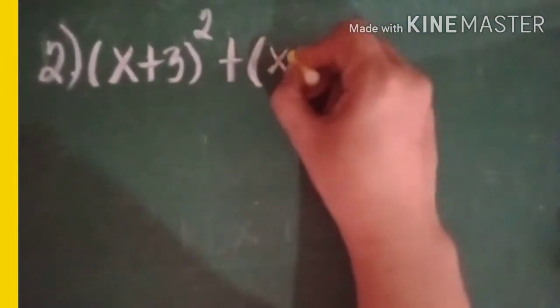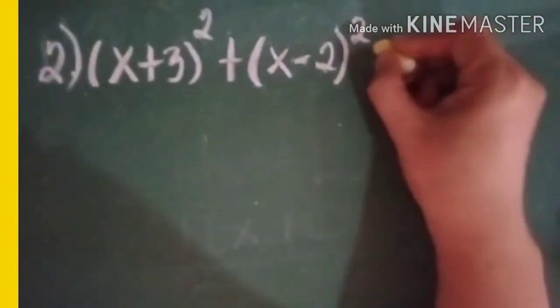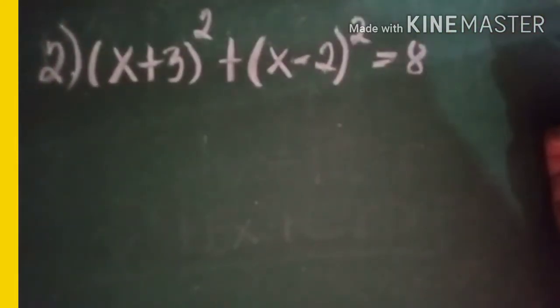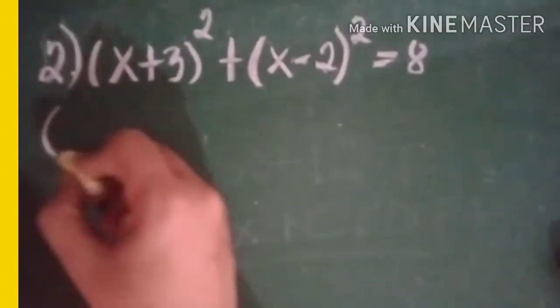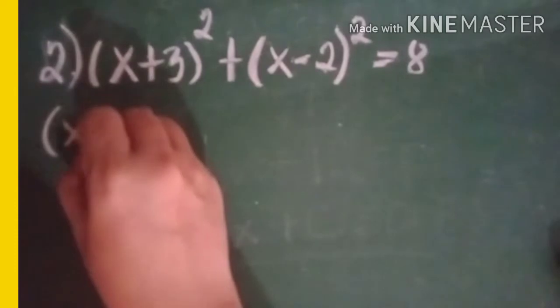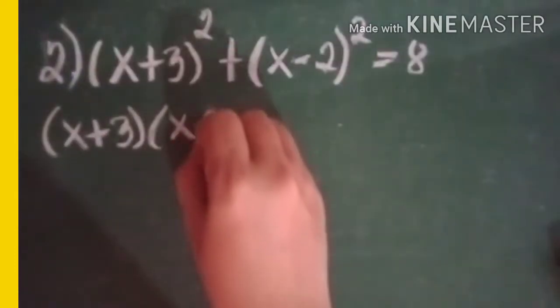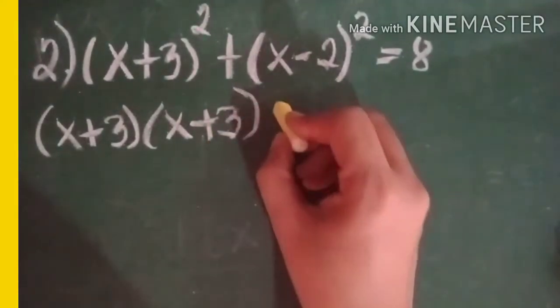Next, number 2. The square of x plus 3 plus the square of x minus 2 equals 8. Since naka-square yung x plus 3, meaning dalawang beses nating ita-times ang x plus 3. So we have now x plus 3 times x plus 3. Okay, plus,